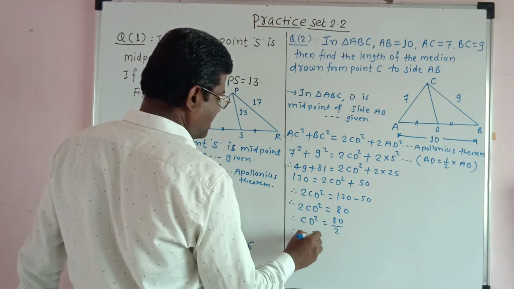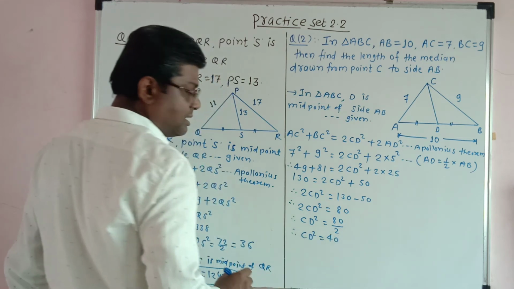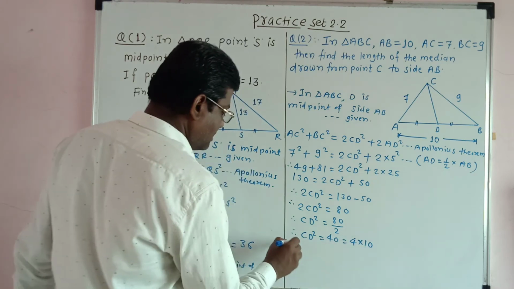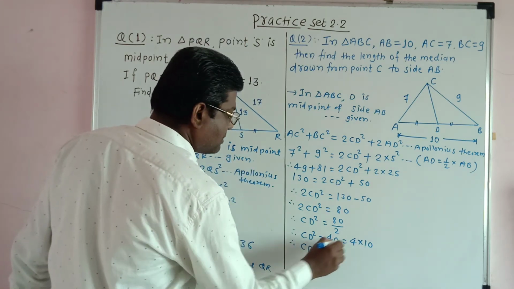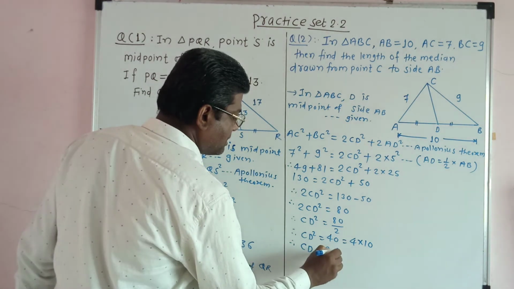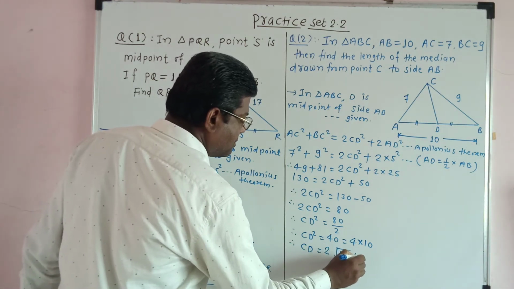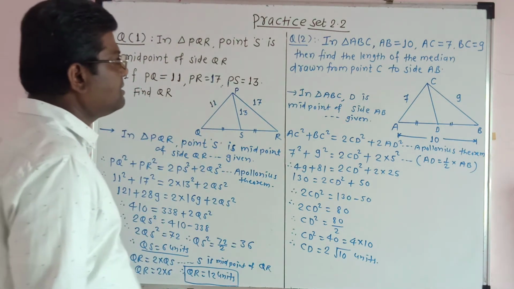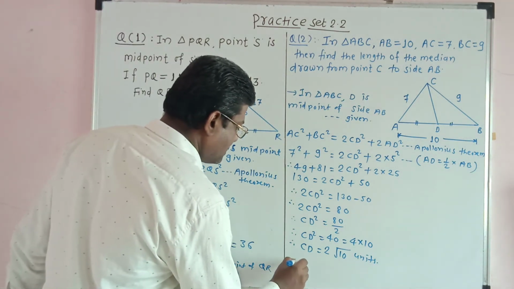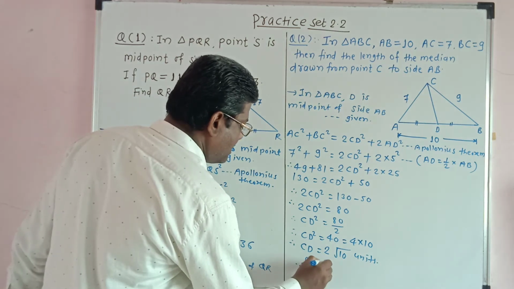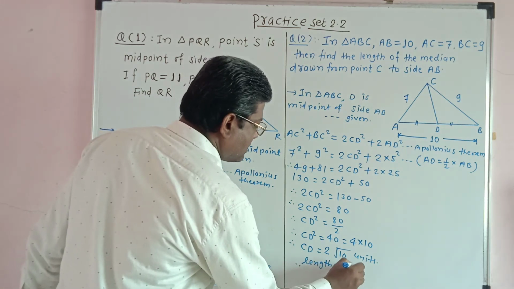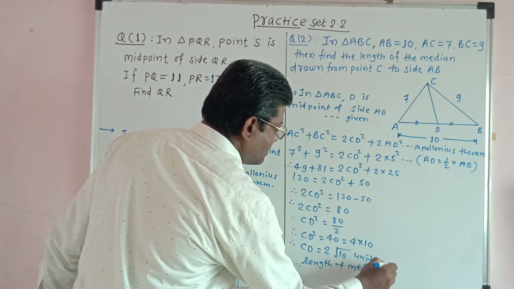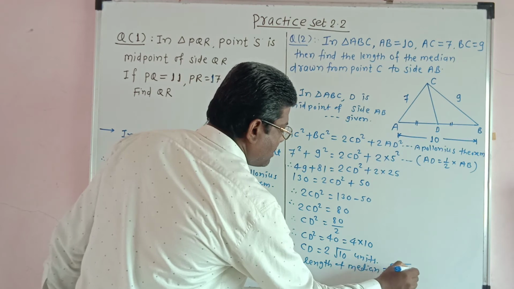Therefore CD square is equal to 40. And this 40 can be written as 4 into 10. Therefore CD is equal to square root of 4 is 2, and 2 root 10 units. So length of median is equal to 2 into square root of 10